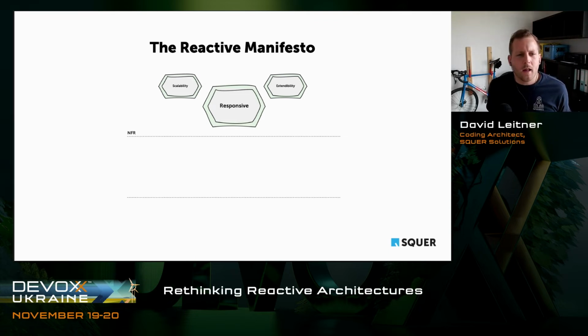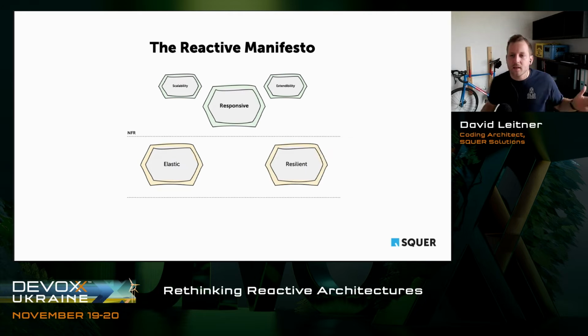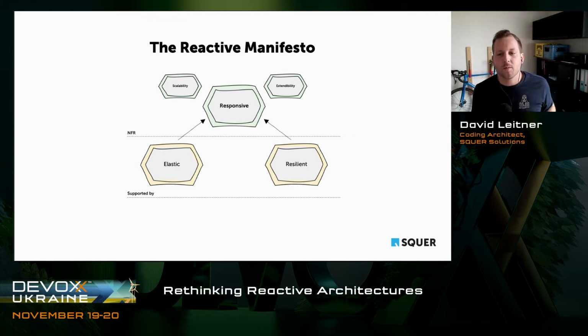And why? Well, those people say, if you want to build a responsive system, then you basically need two things to achieve it. You need to build it elastic and you need to build it resilient. So elastic basically means we can scale it horizontally, right? We can start new instances instead of scaling up a single instance. And resilience, as I mentioned before, means basically if parts of your systems don't work, the overall system should still work, right? So those two values support us in being responsive.